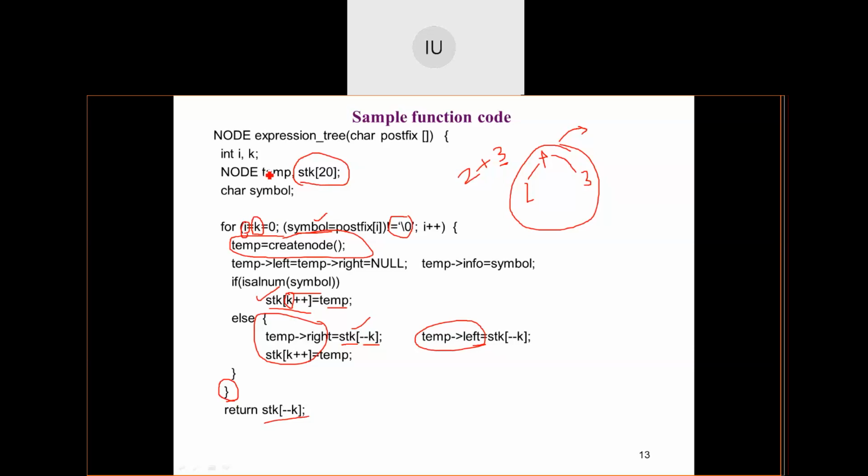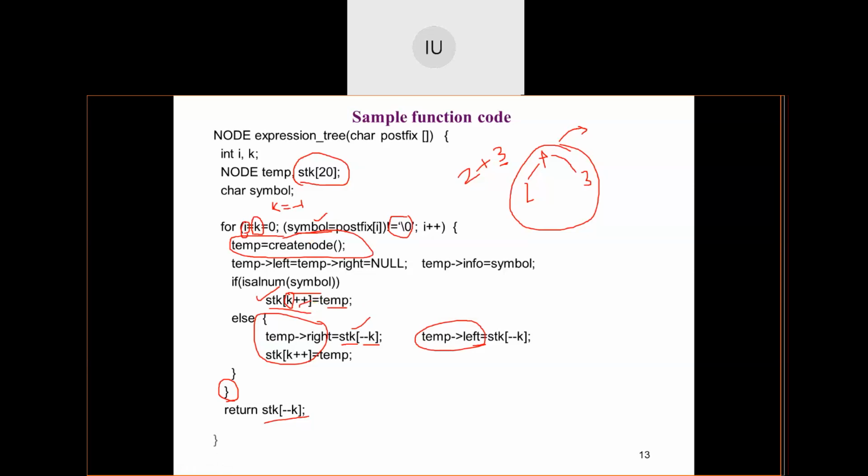Imagine k is equal to minus 1. Similar to the stack operations when we had taken top is equal to minus 1, we had done plus plus top for pushing. But here k is taken as 0. When k is taken as 0, already you are at that position. That's why I am doing post-increment instead of pre-increment. This is the only difference between the push that we have discussed in the stack and the push that we are using here.